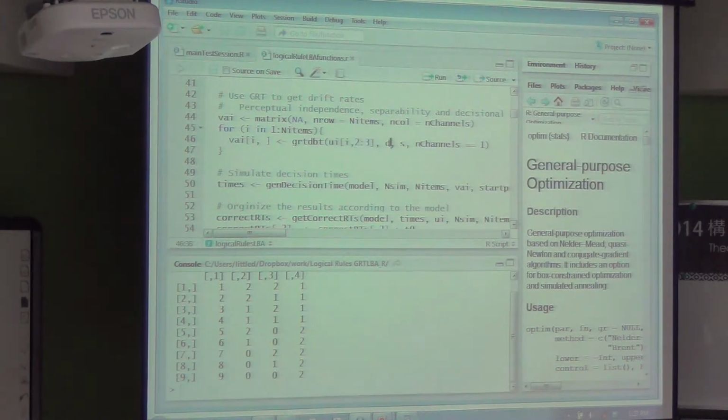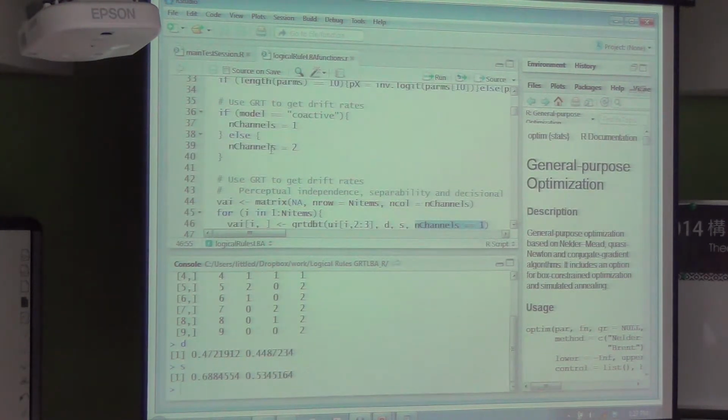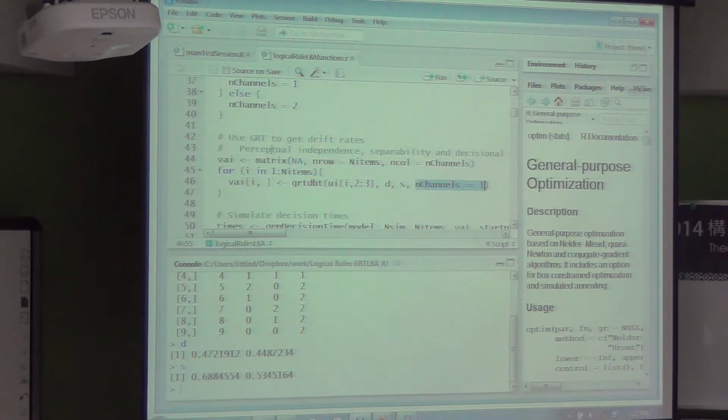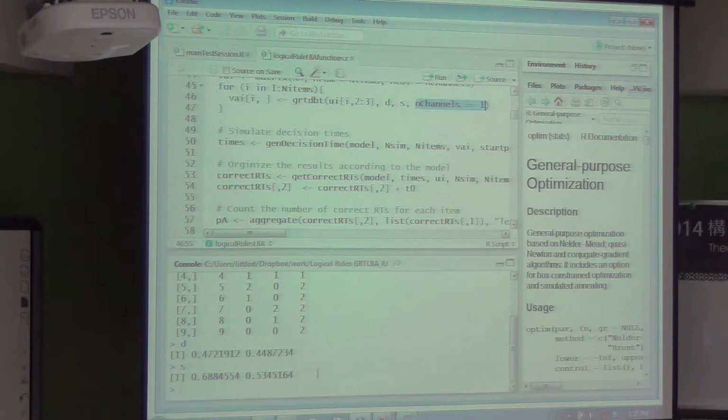It also takes an input of our decision boundaries and our perceptual variances. And the default for the number of channels is 1, so its default is a coactive processing model. But if you specify a different model, it will change that number of channels to 2 and do the right thing inside the function. So this returns to us a series of drift rates